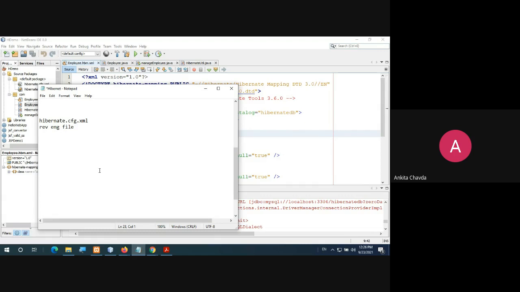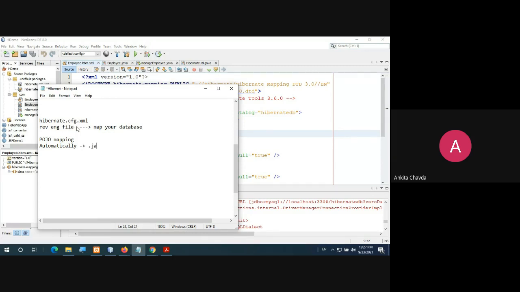After that, in this you will map your database. Simply you will add all the tables and then create it. So all the tables would be there, and then you will apply this POJO mapping. So automatically two files will be created based on one table.